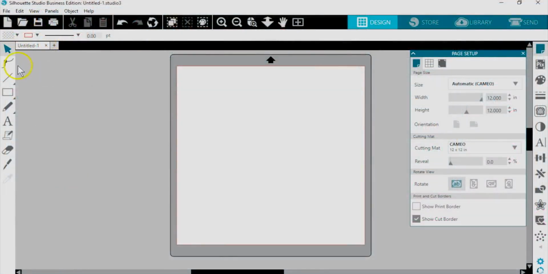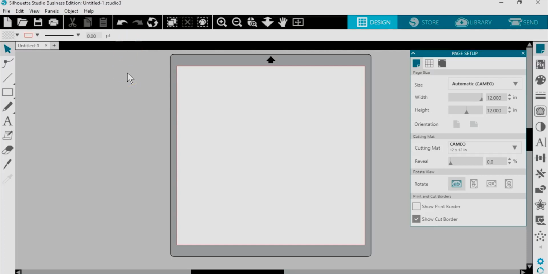Okay, so we've got our software tools, our drawing tools along the left. We've got some general document tools across the top, our main navigation tabs on the top right, and our studio tools or panels along the right-hand side. We've got a quick access toolbar up here on the top, and that holds frequently used tools, and that changes depending on what you have open or selected. You'll see me use that a lot.